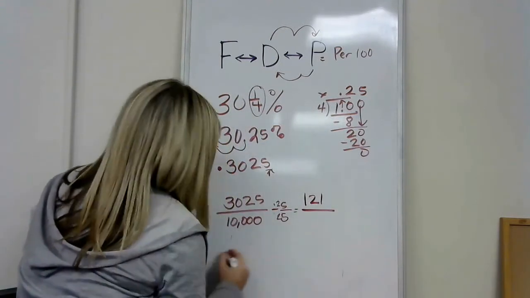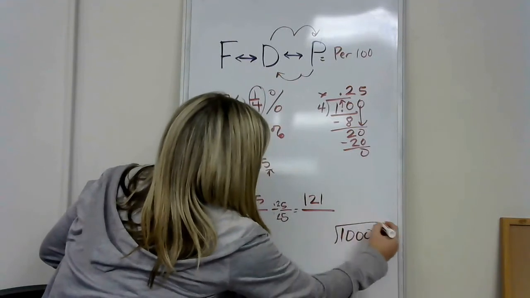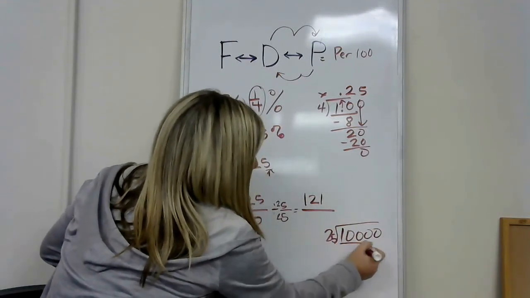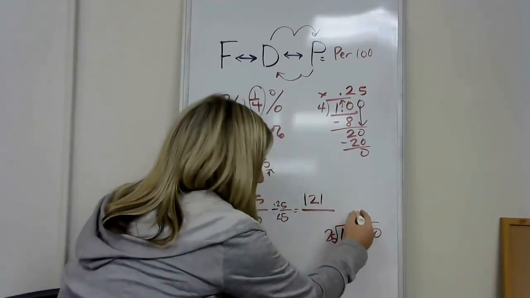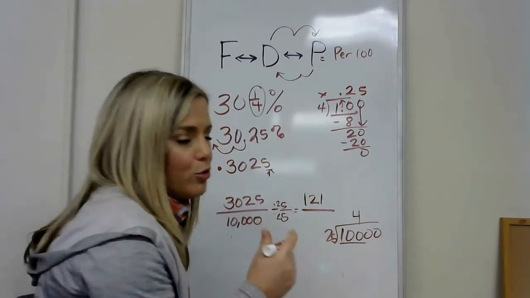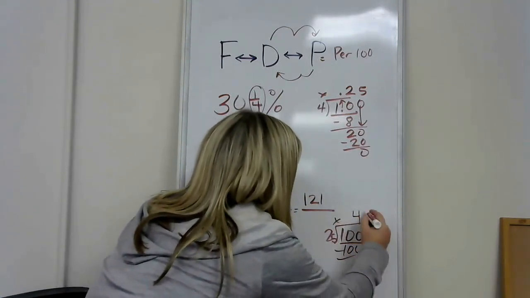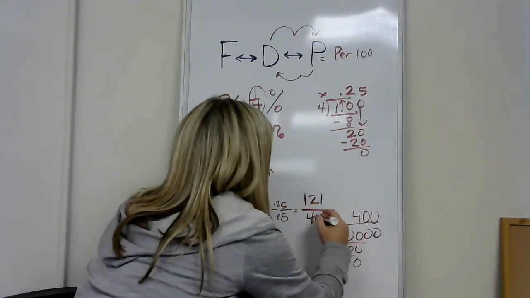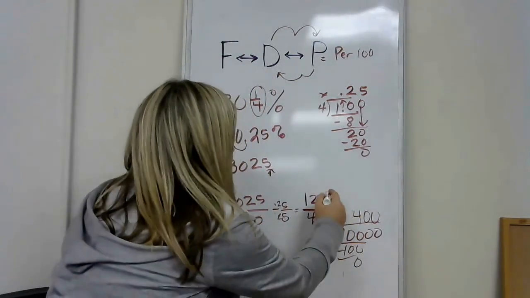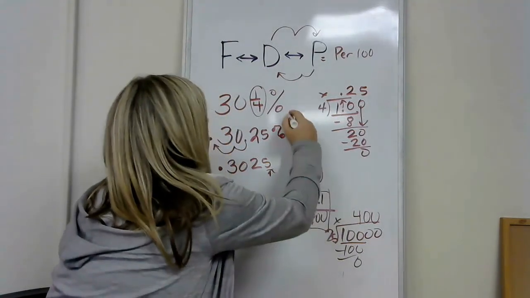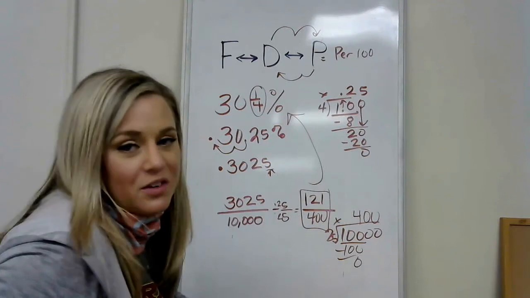Okay, now 10,000. Oh, where'd it go? 10,000 divided by 25. Okay, 25 can go into 100. It can't fit into 10, but it can fit in 100 4 times because of quarters. 4 quarters make $1. 100, 100, 0, 0, 0. Okay. 121 is prime. That is reduced, people. So, 30 1/4% is equivalent to 121